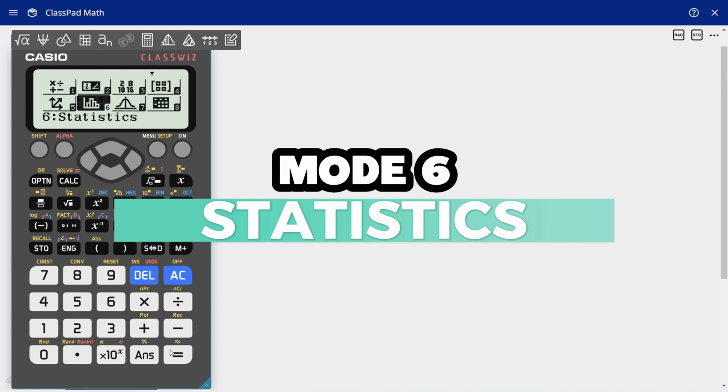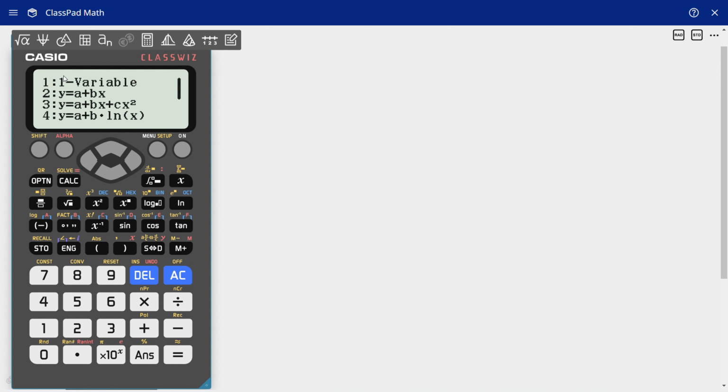The next option is statistics, which is a great section if you're doing S1. If you've seen the other video, you'll know how many useful tools this section can have. So far, we are only using one relation, which is the one variable one. So if I click on it, then I have my x values. So if I store a few values, for example, the height of students in a classroom,